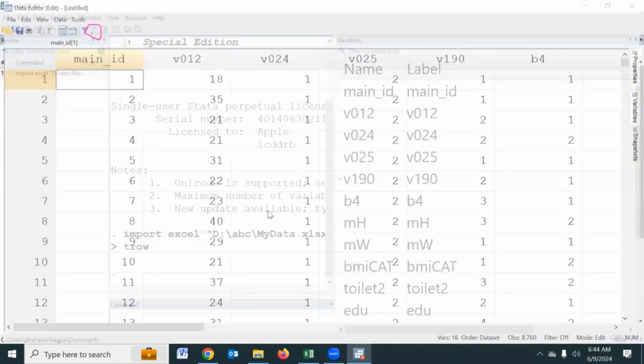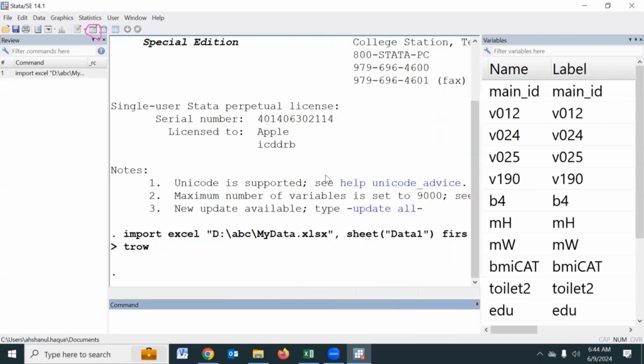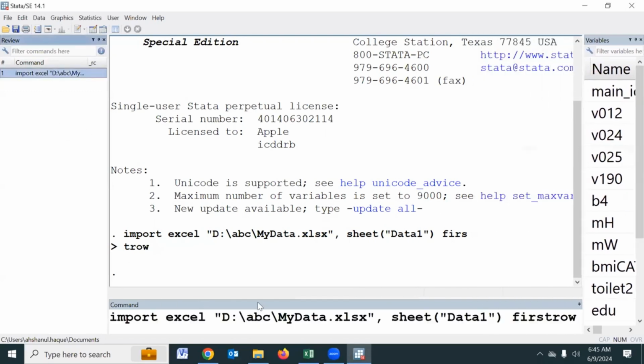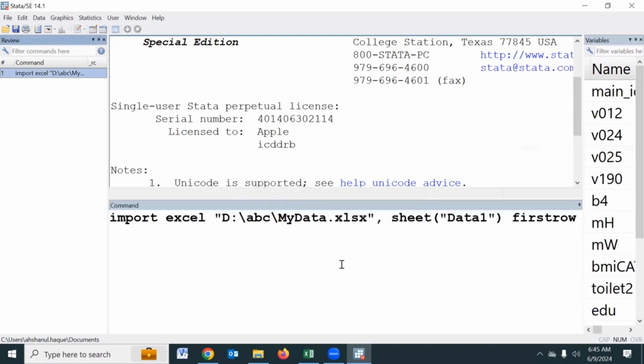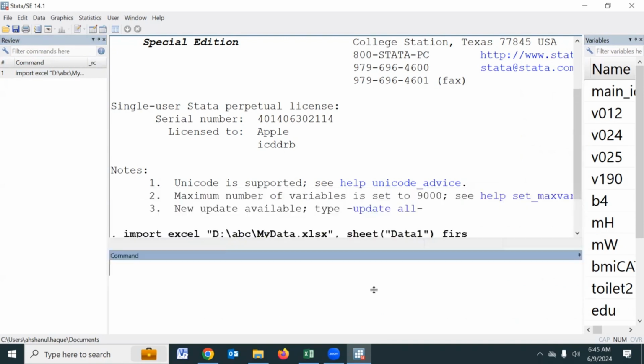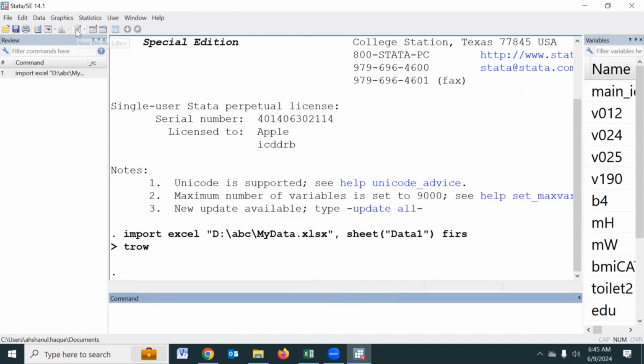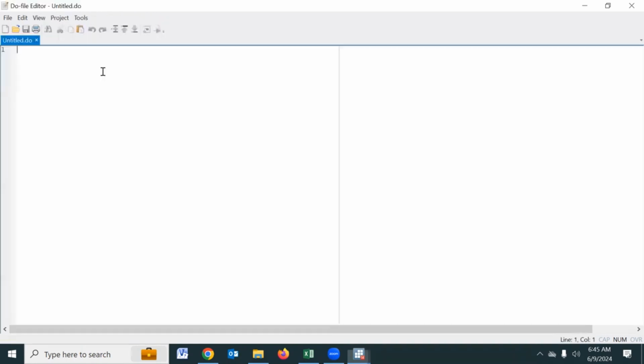In Stata, there are several types of windows. This is the main window, this is the data editor, and this is the do file or syntax file. We will work in the syntax file. This is the syntax for opening data, so we can copy and paste it in the do file. Where is the do file? Please click here. Okay, this is another do file. So if we paste here